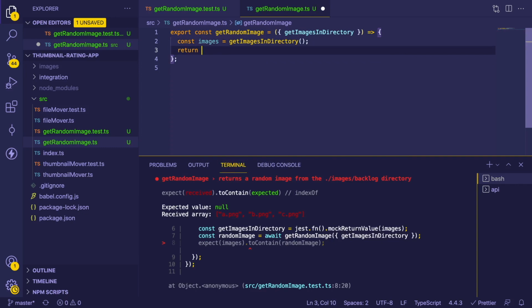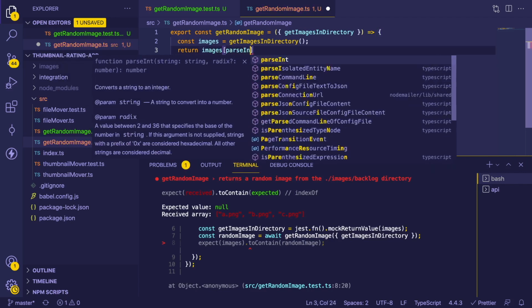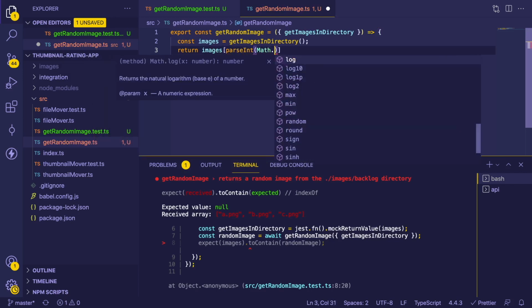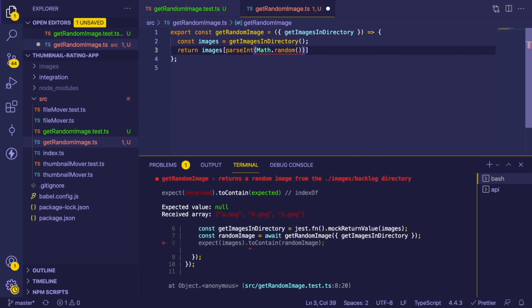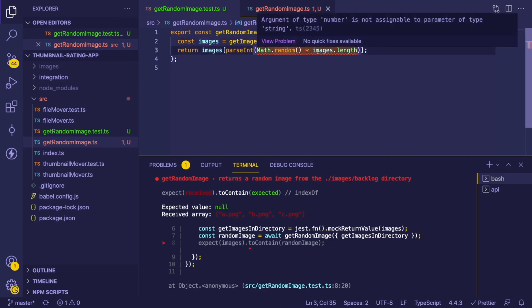So in JavaScript, to return a random thing, typically you have to do some Math.random and then you times it by the length of your array. So I'm going to say images of index, parseInt, Math.pow, or sorry, Math.random. I don't know why I'm saying pow. And then I'm going to times that by images.length. So that'll give us a random element in an array. And that should hopefully